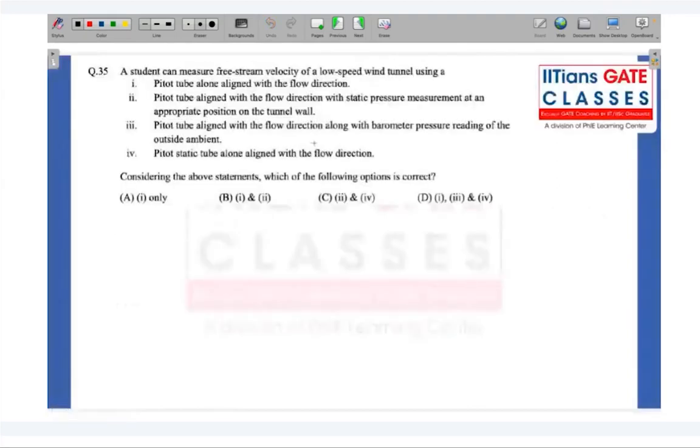Let's look at this question. A student can measure free stream velocity of a low speed wind tunnel using... So they're asking what are the things that are required to measure the free stream velocity in a low speed wind tunnel. A pitot tube alone aligned in the flow direction. So basically, if I take just a pitot tube and align it to the flow direction, can I measure the